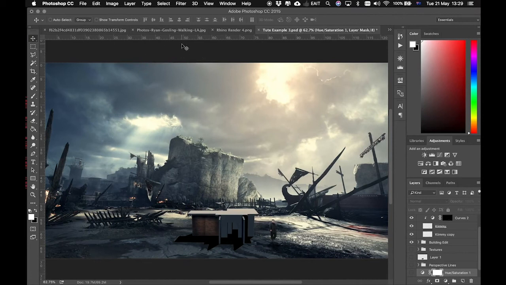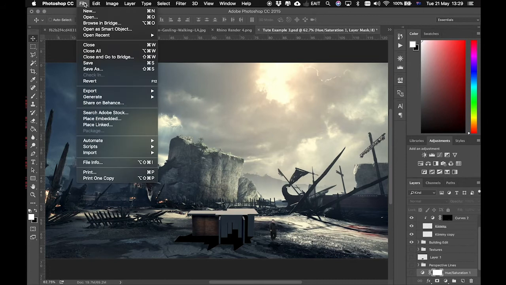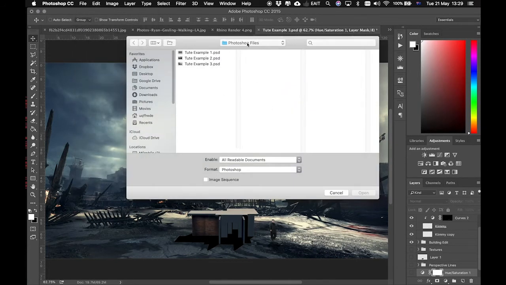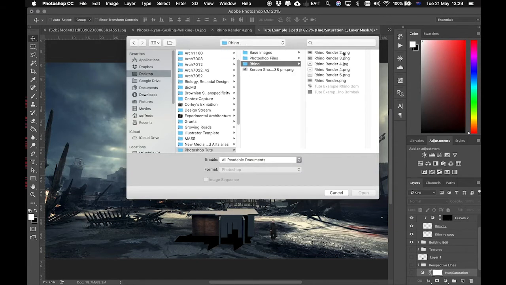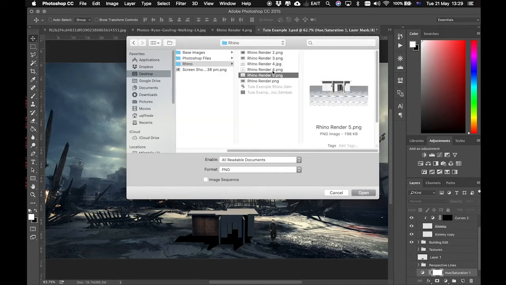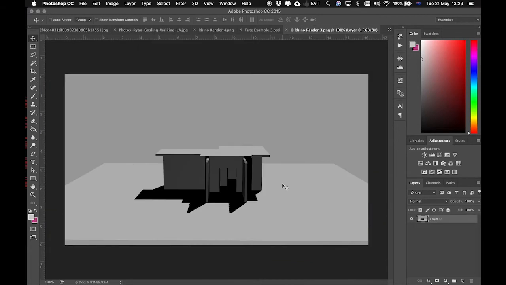So once we are in Photoshop, you can bring in the image. So the image that we just brought, we can go to the Photoshop files, and the Rhino. Within Rhino there's going to be two images. The one that we just produced, which is this one, and this element, which is also possible to extract, and actually it was the one that was used here. So if we open this,